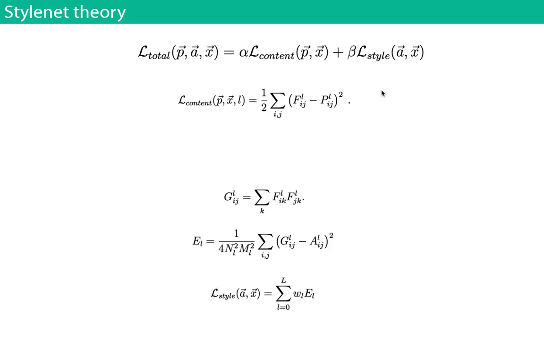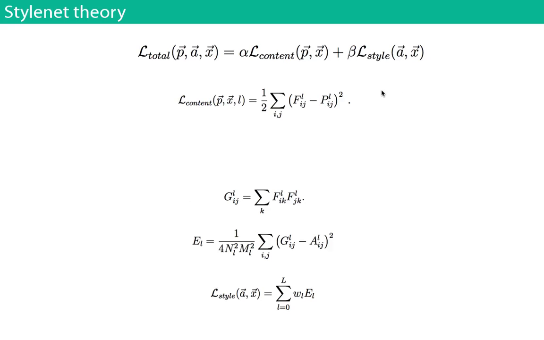Style loss is a little trickier, and it's still, to me, really hard to believe. And actually, the researchers who first made this, they also say they don't understand it fully. So it's not just me. So that's a good thing. The intuition works like this. It's also a function from the activations, but there's one more step. They take the style image and the output image, and they take their activations, and then they compute what's called a gram matrix.